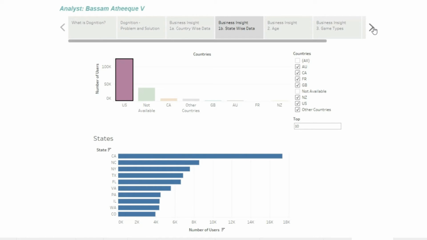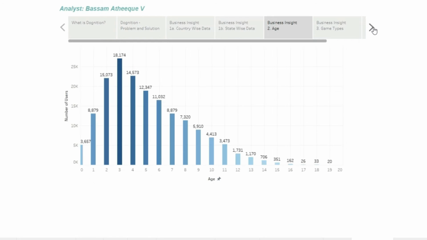Now moving forward, next is the age. This is very crisp data. It doesn't look too jargon-filled, but it is very simple data which will give a very good insight. Here it is the number of users versus the age, where the age is the age of the dog. You can see that when the dog is aged between 0 to 1, it is only 3657,